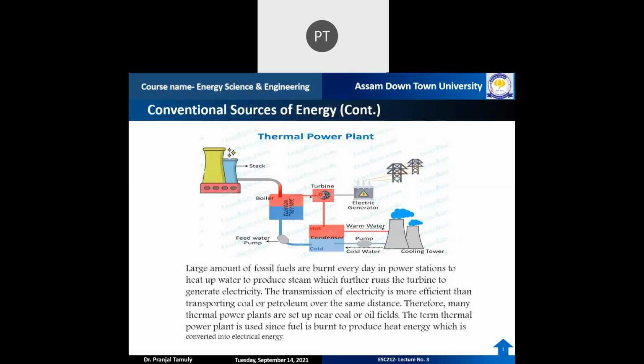And what about the water vapor that is left behind in the turbine? It gets into this condenser. Here we cool down this warm water with the help of these cooling towers. After cooling, the water vapor turns into water. Then we pump this water, and as per the requirement, we use this cold water in the boiler. So this is a cyclic process. Where we use the water vapor, we again produce water using the condenser, then pump it again to the boiler. So this is the main functioning of a thermal power plant.